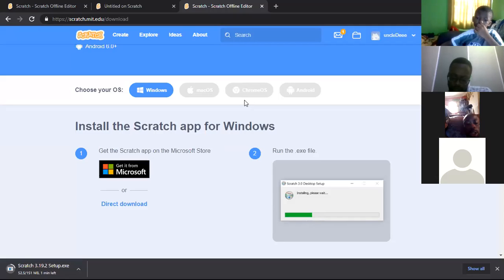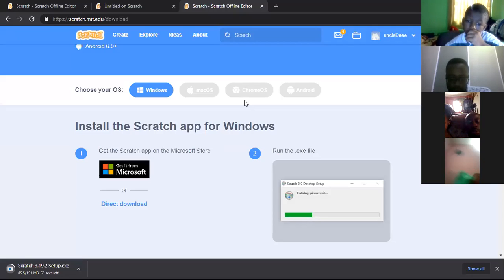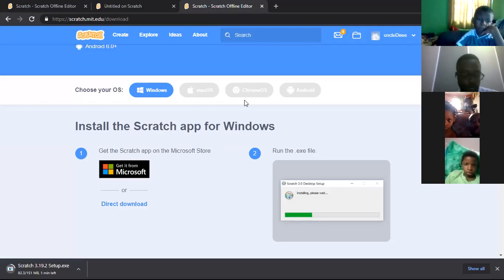Let me just confirm that in a moment. Let me go to Play Store so that we can actually download it on our phone. Just 1 minute. For now, there's no Linux, there's only Windows and Mac OS. Those are the popular operating systems, so that's why Scratch made it to be on all those popular OS. Okay, so there's Scratch on Android, but it's 2.0, it's not 3.0. We'll share the link on the group later, so maybe you can just use that.